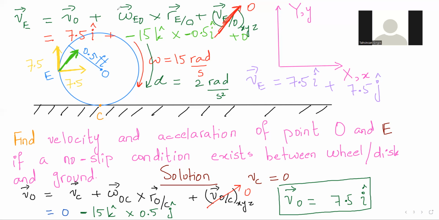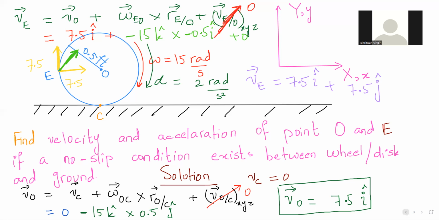Okay. If you have started to think, then I think the job is well done. I will actually write the formula and then I will start. Let me go back, by the way. AO equal to AC plus omega cross OC, the position vector of O with respect to C.